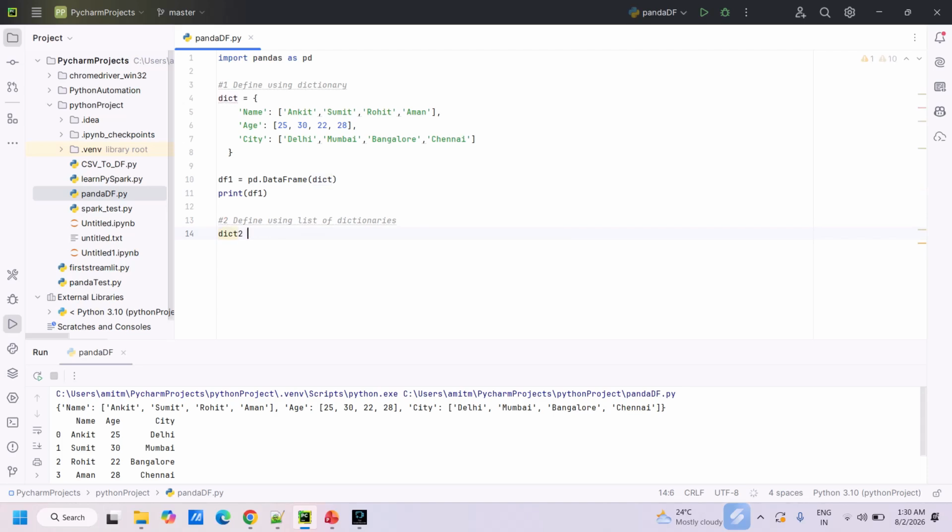Okay, so dictionary 2 equal to, now as we said, list of dictionaries. First I have created a list, and inside this I will create dictionaries. Okay, so these are just a data set, you can say. How you create your data set, that depends upon you, but these are some common methods of creating the data. So I will just use similar structure, name, say Ankit,